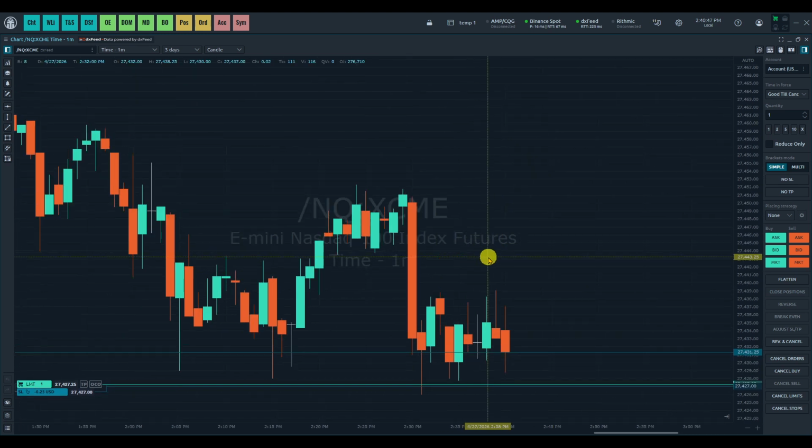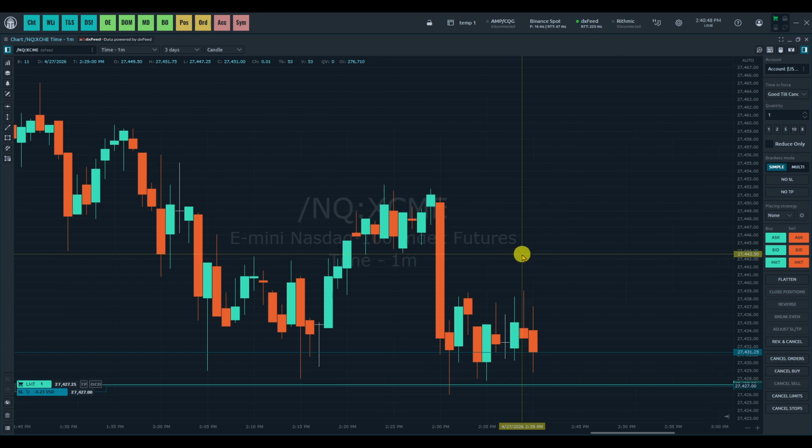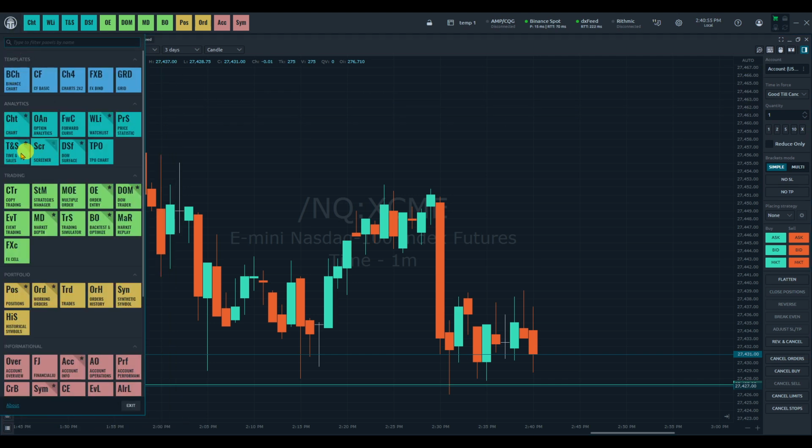Start by launching Quantower on your computer. Give it a moment to load your workspaces and connections. Once the platform is open, head to the upper left corner and click the Quantower menu. From there, open the chart panel. This brings up a price chart where you can manage orders visually, which is the easiest place to configure a